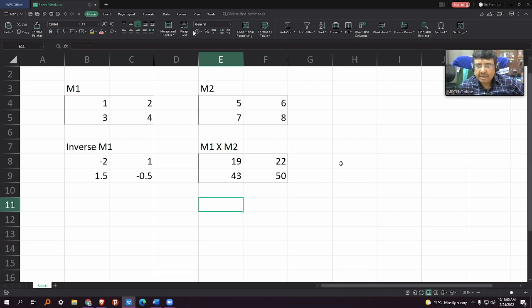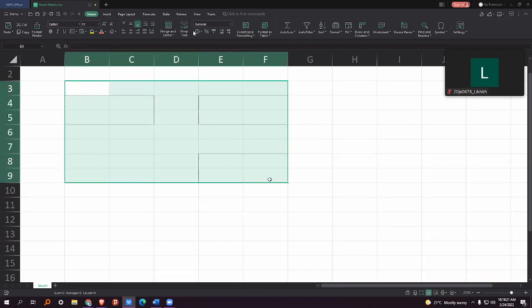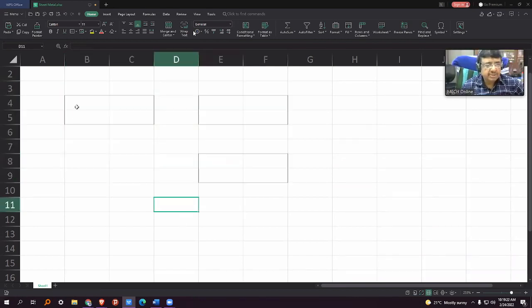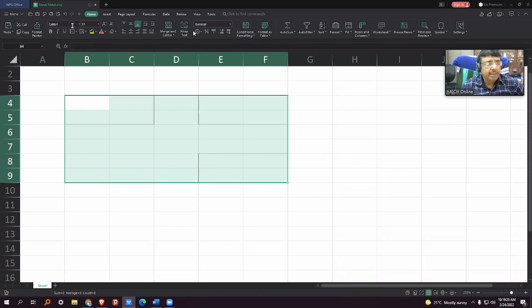Varshita has done that. Ankush, you have done it. Yes, sir. Fantastic. Disha. Yes sir. Likhit. Yes, sir. Fine. Then I am deleting everything. This one also. Now tell me